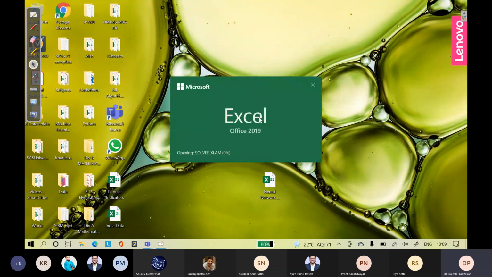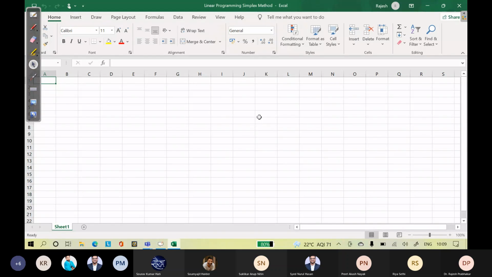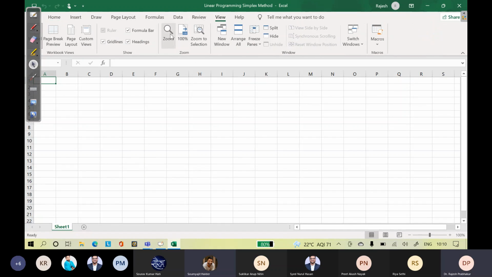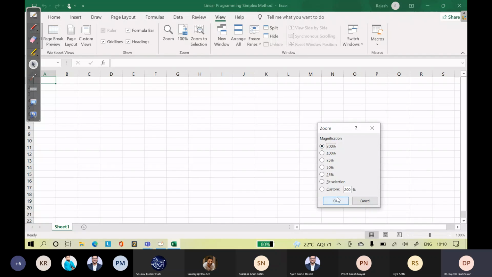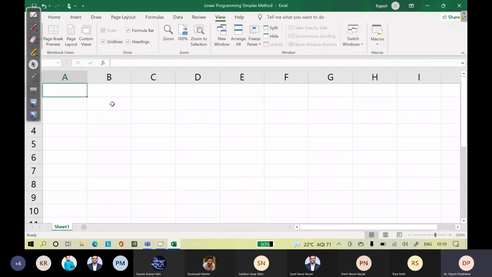Simplex method. Okay, so we will make x1, x2, maximum value.